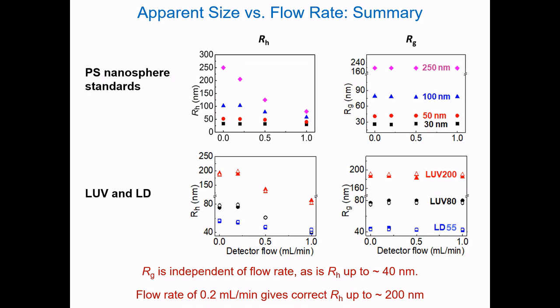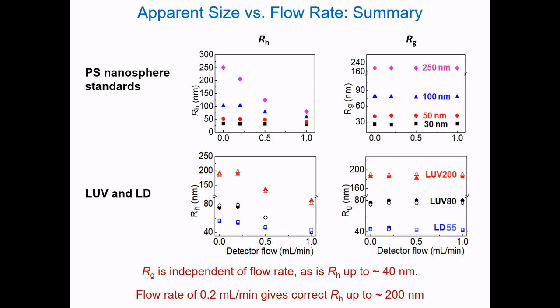The error depends only on the detector flow rate and particle size, but not on the type of the particle studied. The only exceptions are the 30 nanometer polystyrene latex standard, for which both radii were found to be unaffected by the flow conditions, and the 250 nanometer polystyrene latex standard, for which we determined an underestimated hydrodynamic radius already at the